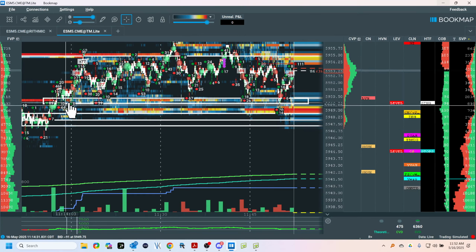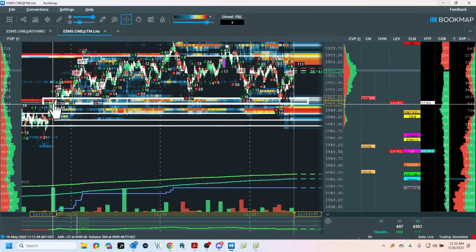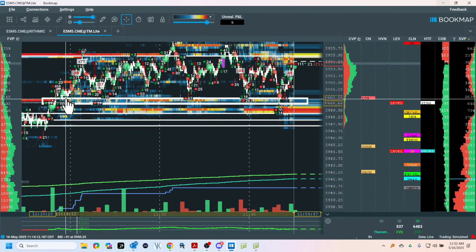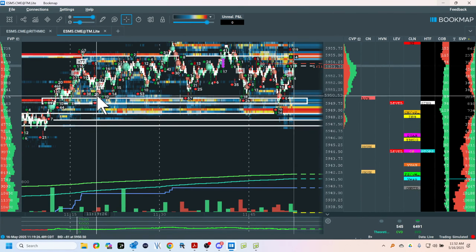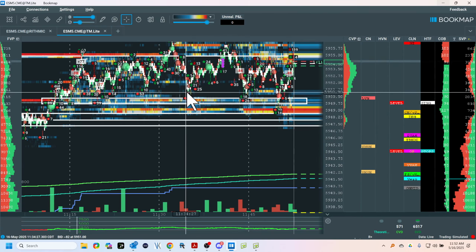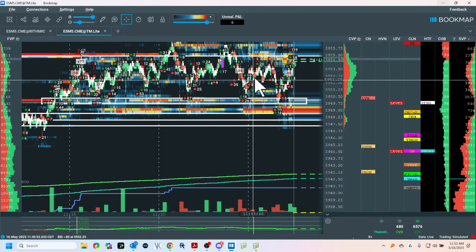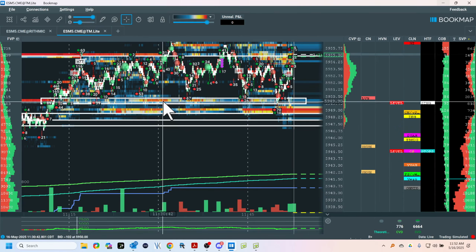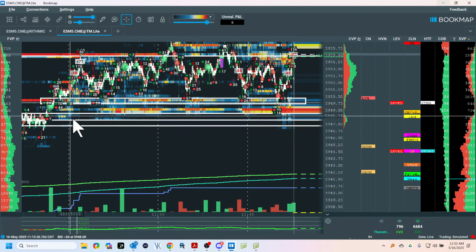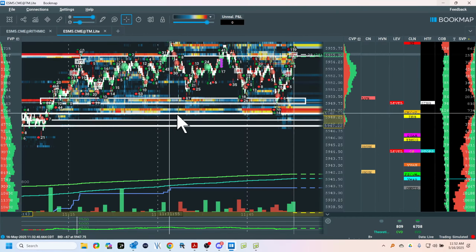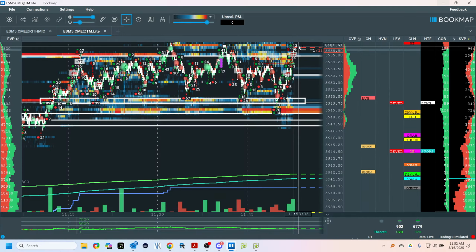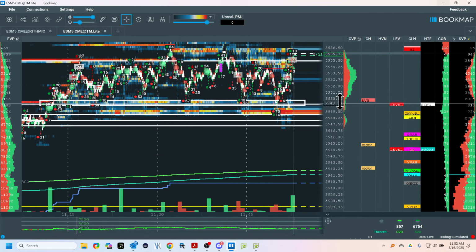Here's what makes this important. I know this was an important level, right? That's why it's here. I know I have stops under these guys because that's what retail traders do. I didn't take the long here, even though I saw it, because my stops were not taken. This is my first location, and this is my backup location, because there's stops under here too. What else do I have? Notice the order book. Anyway, that's a long. I don't know what else to tell you. Are you guys good with this?